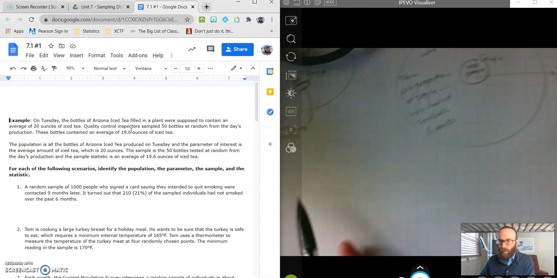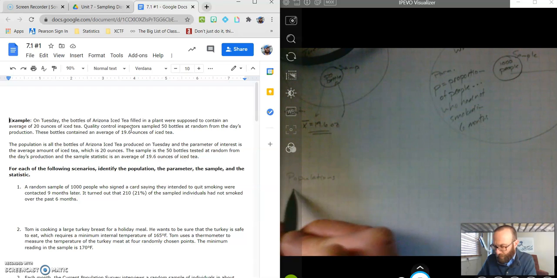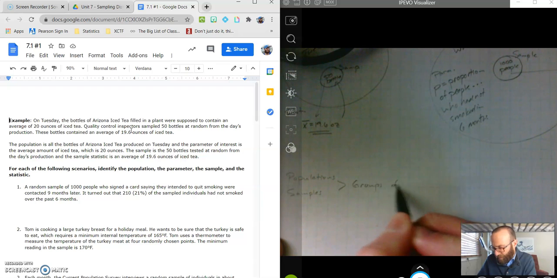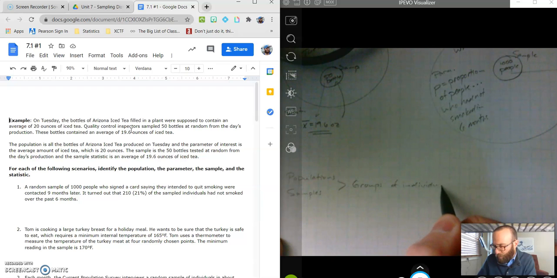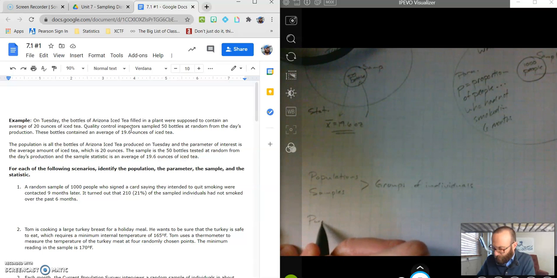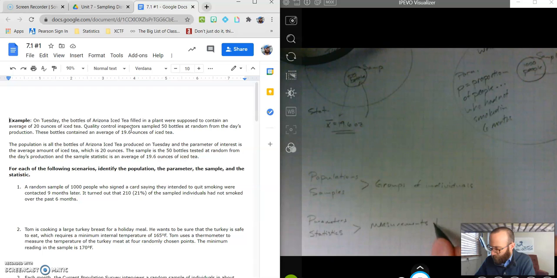And so I really want to stress this idea that populations and samples are groups of individuals, whether they are people, whether they are bottles of iced tea. Parameters and statistics are measurements or values. And I'd say numerical values, but recognize here that we're not always going to know a specific numerical value that describe